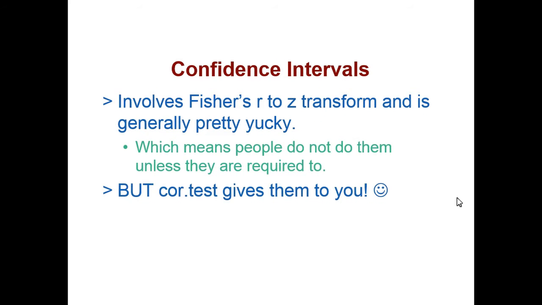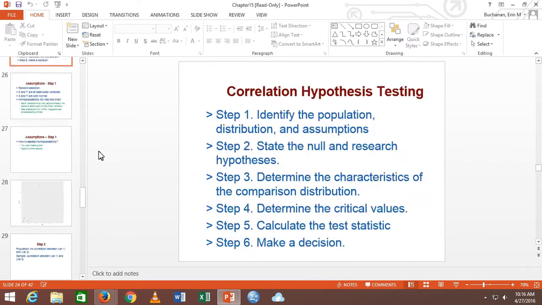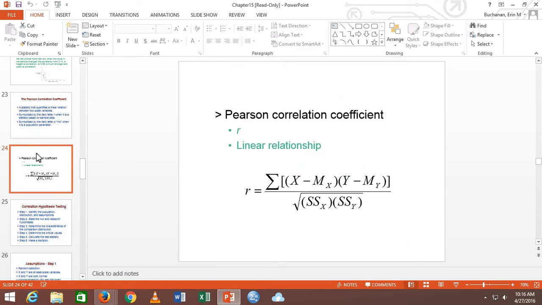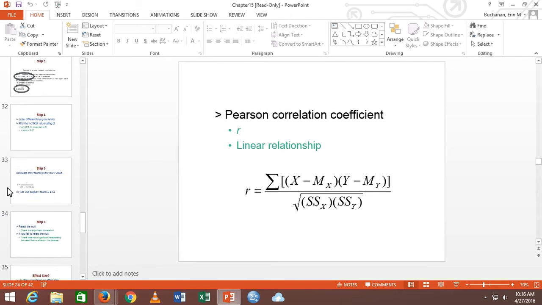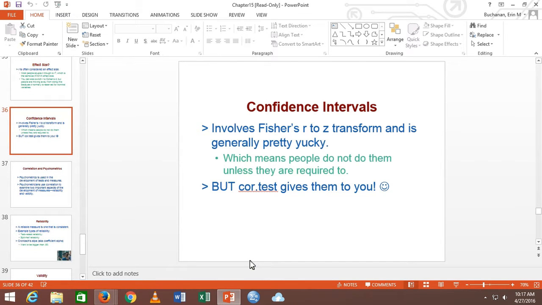Okay. Now confidence intervals are a disaster. So if I was doing them by hand, it would involve what's called a Fisher's R to Z. We talked about at the very beginning the formula for R is a version of z-scores, right? So x minus the mean over standard deviation is the z. So it's the cross products of the z-scores. So what you do for confidence intervals is transform them back to z, do some math, transform them back to